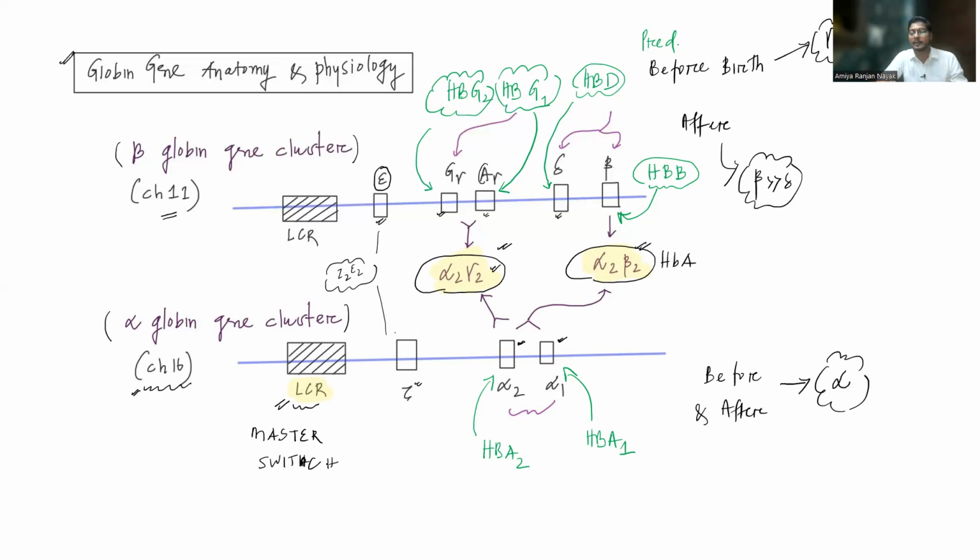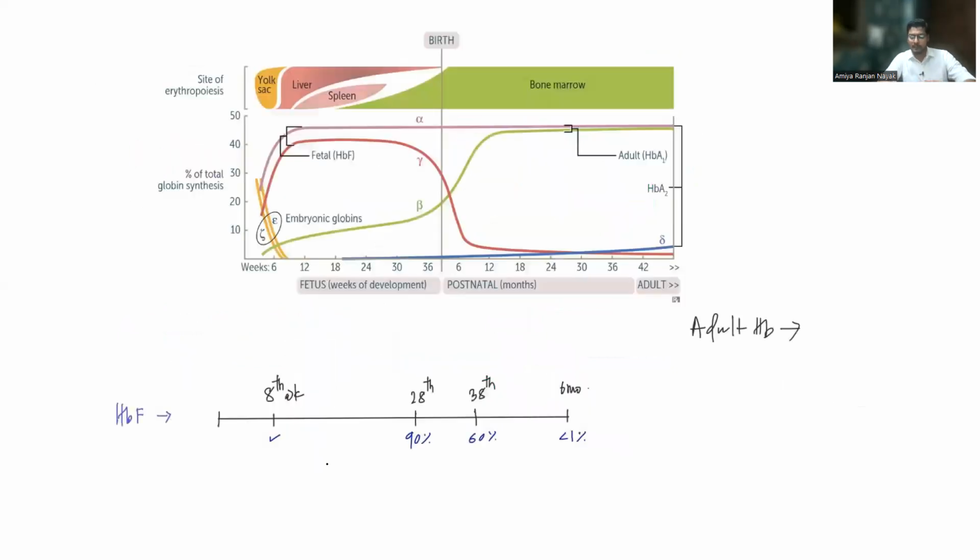Before birth, the predominant beta-like chain is gamma. That is why they will combine with alpha to form alpha 2 gamma 2, that is hemoglobin F. After birth, it is the beta. So that's why they will produce alpha 2 beta 2, that is hemoglobin A. Okay. Now that you have understood this, we will see the exact time frame at which they are